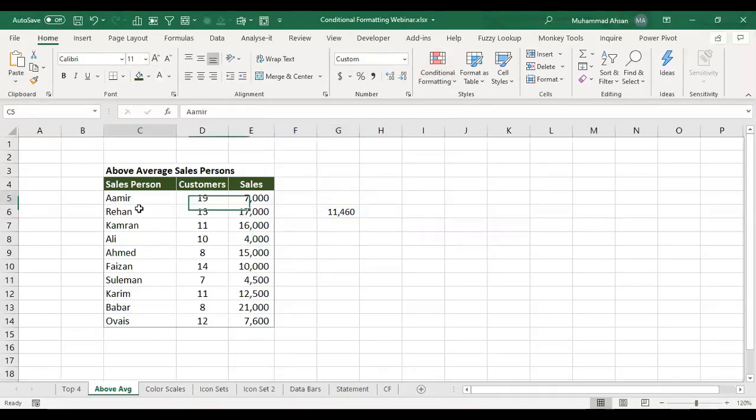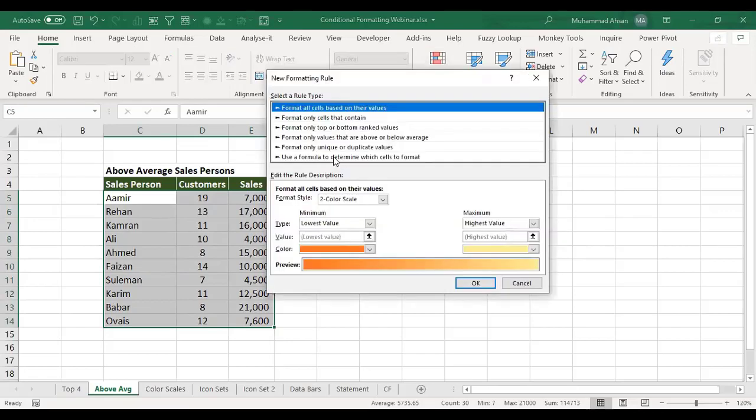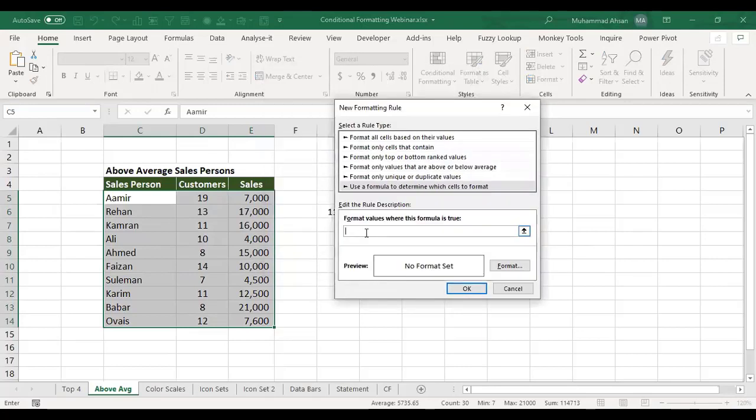So for doing that, first I will select the entire range because I need to select the data first, and then I will go to conditional formatting and then new rule. The logic we will be creating here will work like this: all the salespersons who have produced sales above average, which is 11,460, will get highlighted.